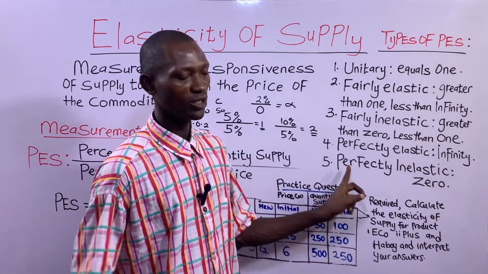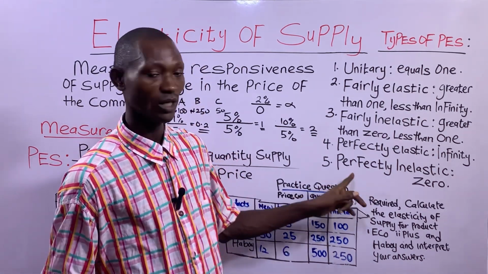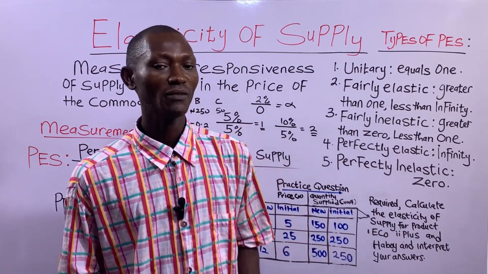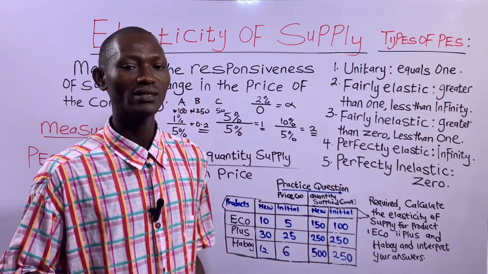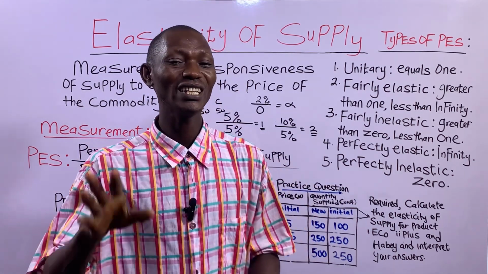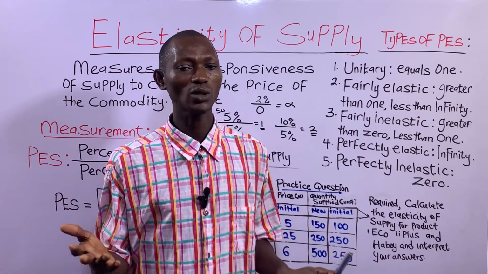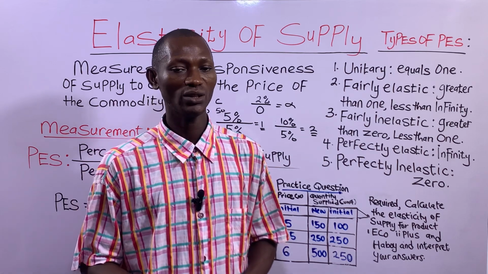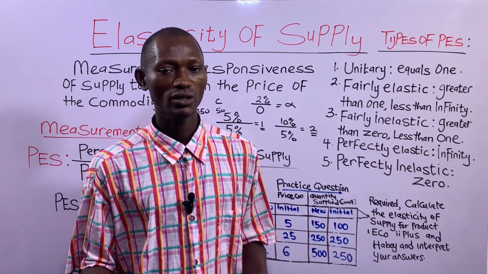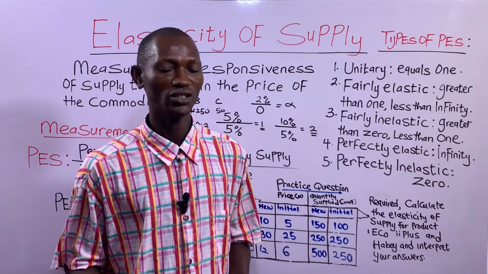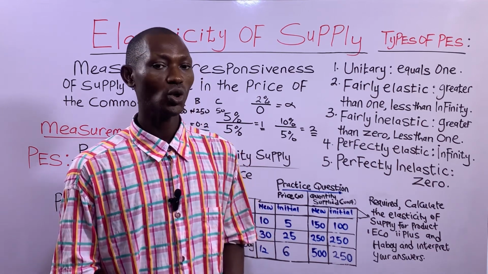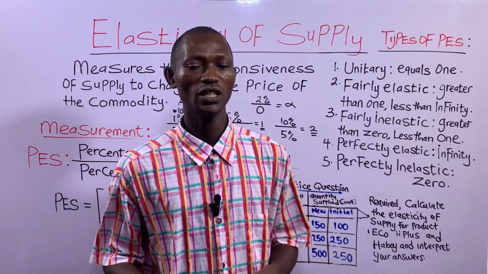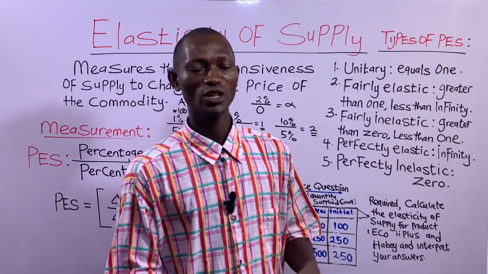So the type of firm that usually has this type of price elasticity of supply, which is perfectly inelastic, is considered to be a pure monopolist. In fact, what this means is that that firm in that industry, that firm itself is the industry itself. That means it's the only one that has a larger share of that particular industry. Let's say it takes almost 90% or 80% of the share in that particular industry. So such a firm will be able to sell a fixed quantity of a particular commodity to different consumers at